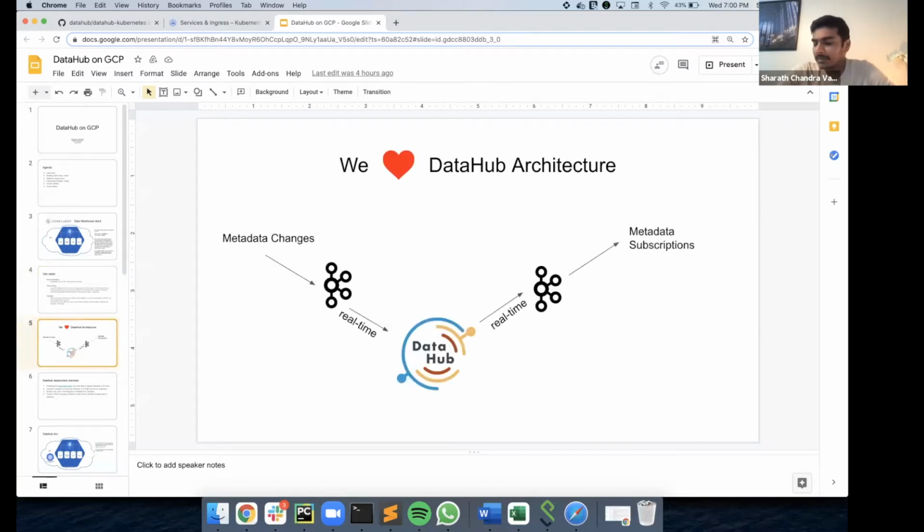So why Data Hub? We did look at a few options. I looked at Lyft's Amundsen. We also looked at one of the proprietary metadata tools. We use Metabase as a BI tool, and we wanted to derive lineage using Metabase, but that had very high limitations. And with Data Hub's architecture having Kafka in it, we really want to leverage this and make sure that we use Confluent, Kafka, and Data Hub's internal architecture to power this tool that can help drive not only the metadata, but also real-time changes and alerts.